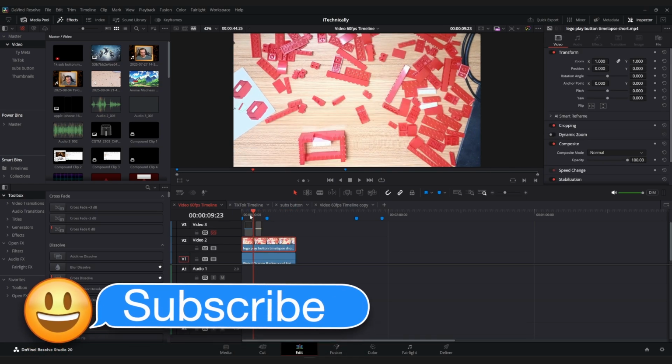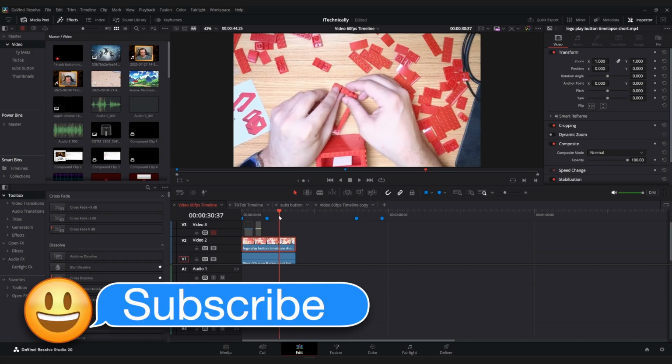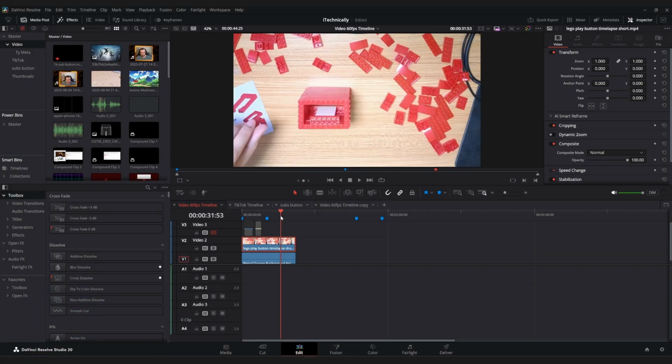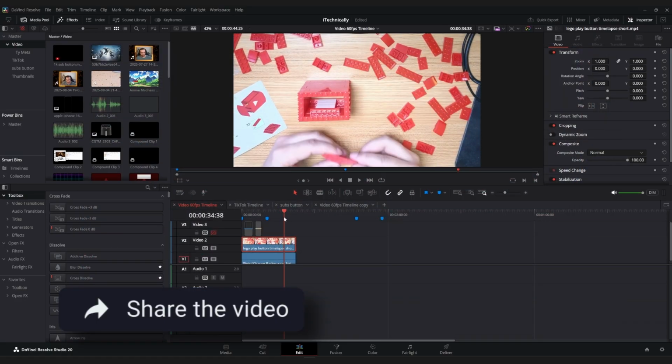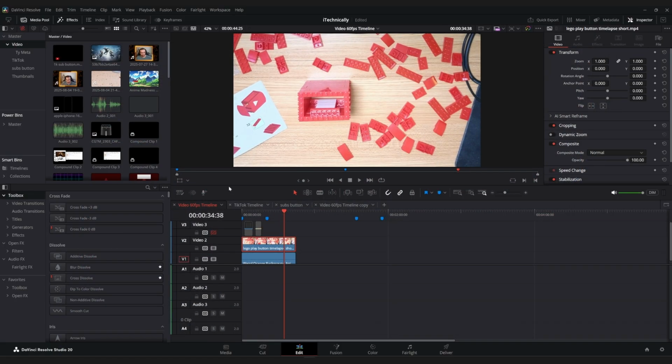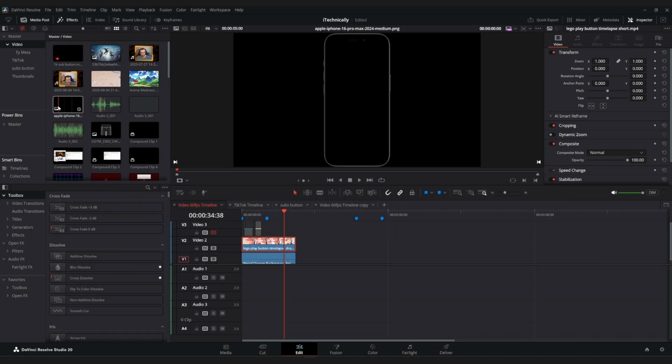This is actually a time lapse for a little Lego style YouTube play button that YouTube sent me. I actually did a time lapse and then posted it as a short. But today I'd like to make it into sort of a phoneception type thing, so I can put it inside of this phone, and then of course I would proceed to post it as a YouTube short,